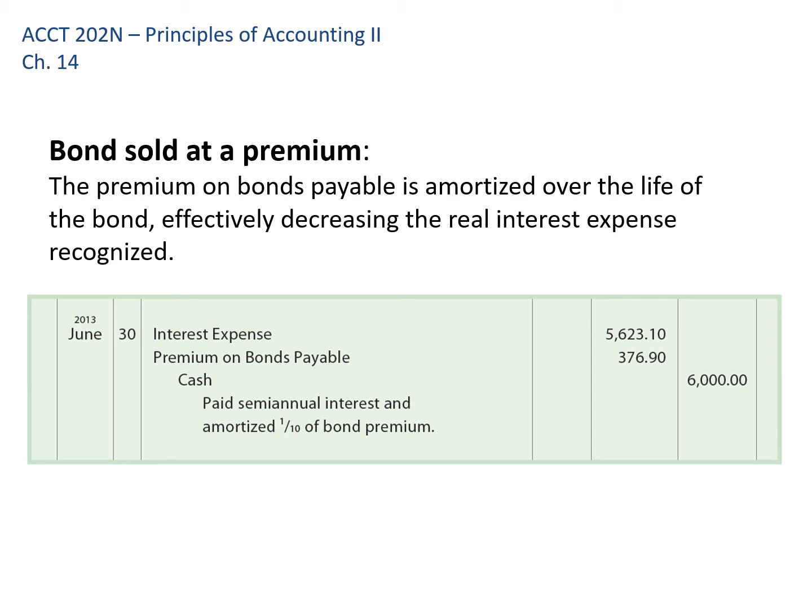So I also have to amortize that over the number of interest payments that I make on the loan, and I'll amortize that each time I make an interest payment. So in this case here, because it has a normal credit balance, I amortize it by debiting premium on bonds payable to reduce it each time. So when I get to the end, the maturity date on the bond, that premium account will go to zero. The same thing with the discount account will also go to zero.